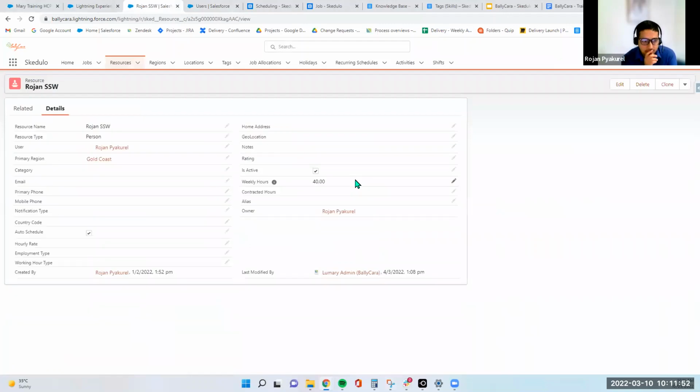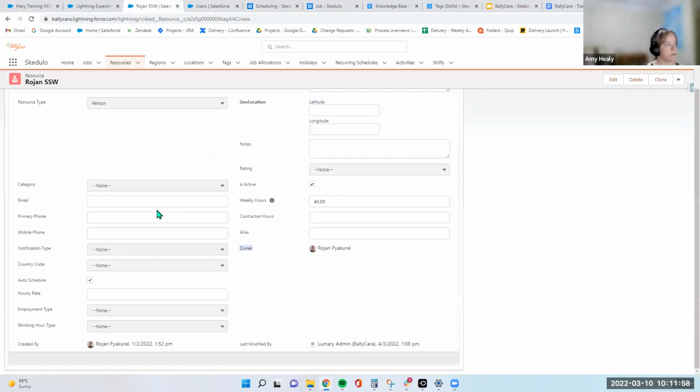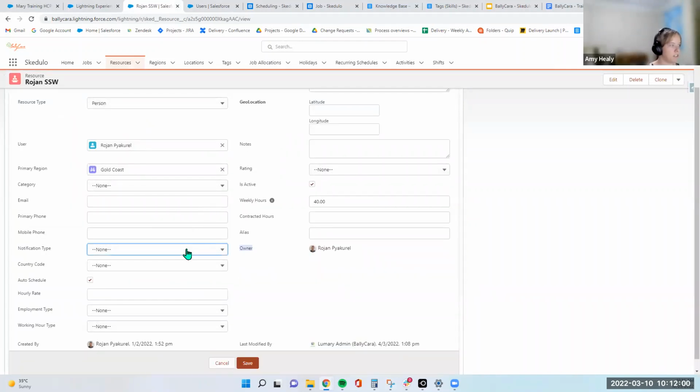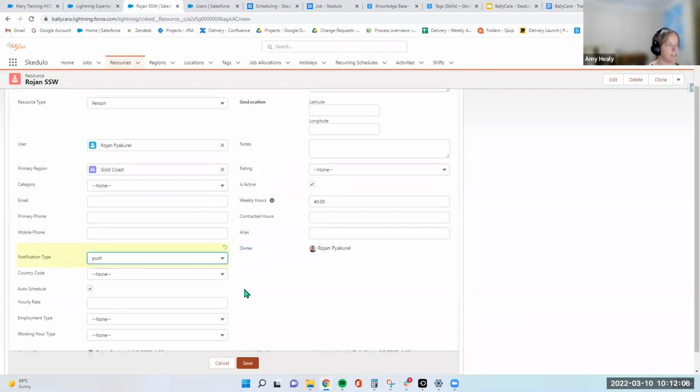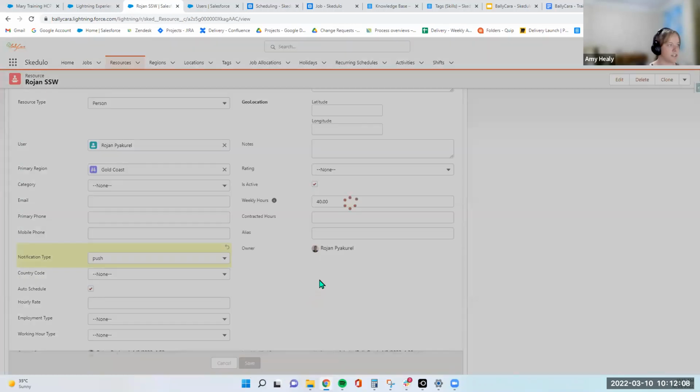So do you think it is because of the way I'm set up? Yeah, I do. I think this is more probably just to do with this notification type here. So it's just not set for your user. Not set up. Okay, yeah, so if I move that to a push notification now,